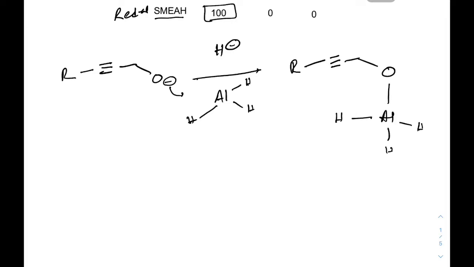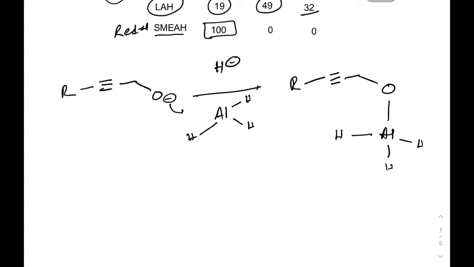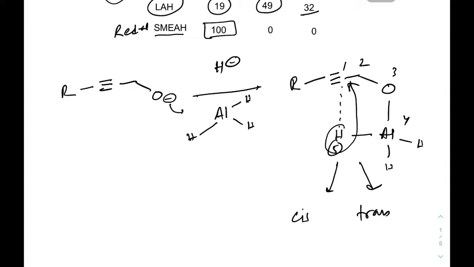and forms this type of intermediate. After formation of this intermediate, there is a transition state of 5 members like this, 1 2 3 4 5. Through this transition state, this aluminium can transfer one hydrogen over there and can form two types of product. One is cis, another is trans. So in this case, there is an intramolecular hydrogen transfer, right? And therefore there can be two possibilities. After hydrogen attacks the center 1, there will be this type of transition state,